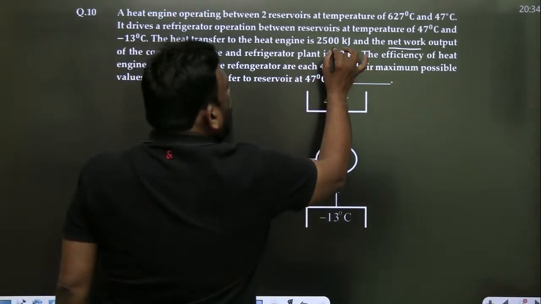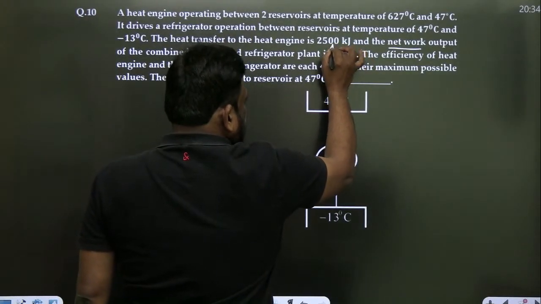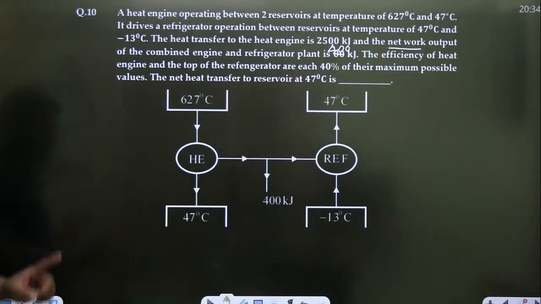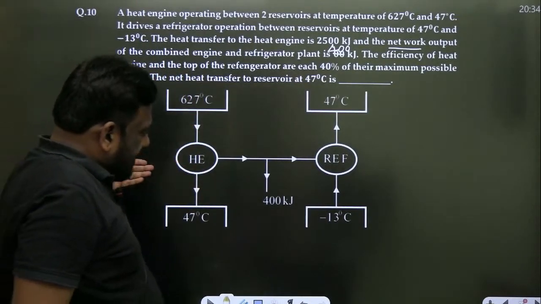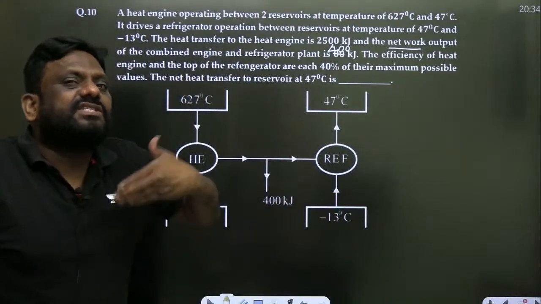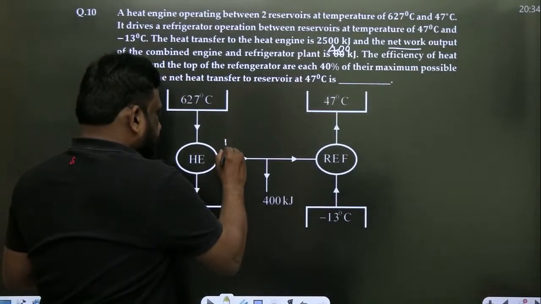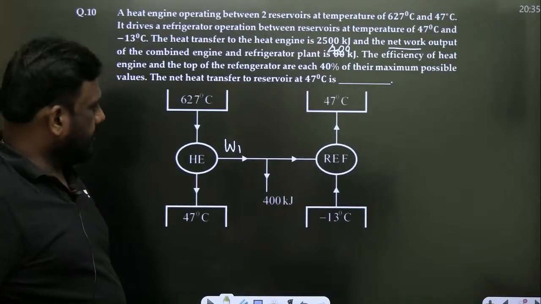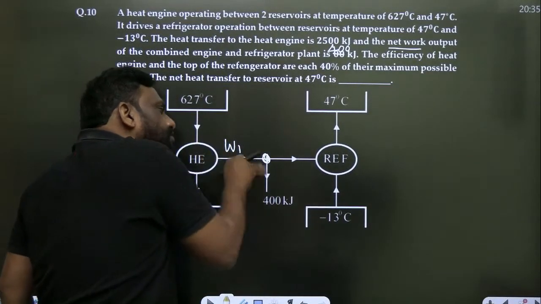ओहो, 400. आई एम सॉरी, ये मिसप्रिंट है सर. ये 400 सर. नेटवर्क इज 400. यू आर राइट. लुक एट केयरफुली. देयर इज अ हीट इंजन. It is running. अच्छा क्वेश्चन है सर. I don't say extraordinary, but अच्छा क्वेश्चन है सर. There is a chance of committing mistake. Engine is producing some work. Okay. Are you supplying the entire work produced by the engine to the refrigerator?